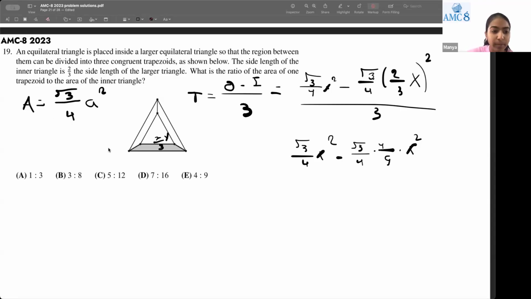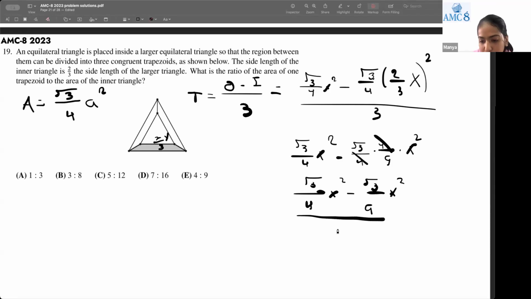because of this formula. So this 4 and this 4 would be canceling out, and we'll be getting the square root of 3 by 4 x squared minus the square root of 3 by 9, because once again, this 4 and this 4 will be canceled out because of multiplication and division. Therefore, x squared